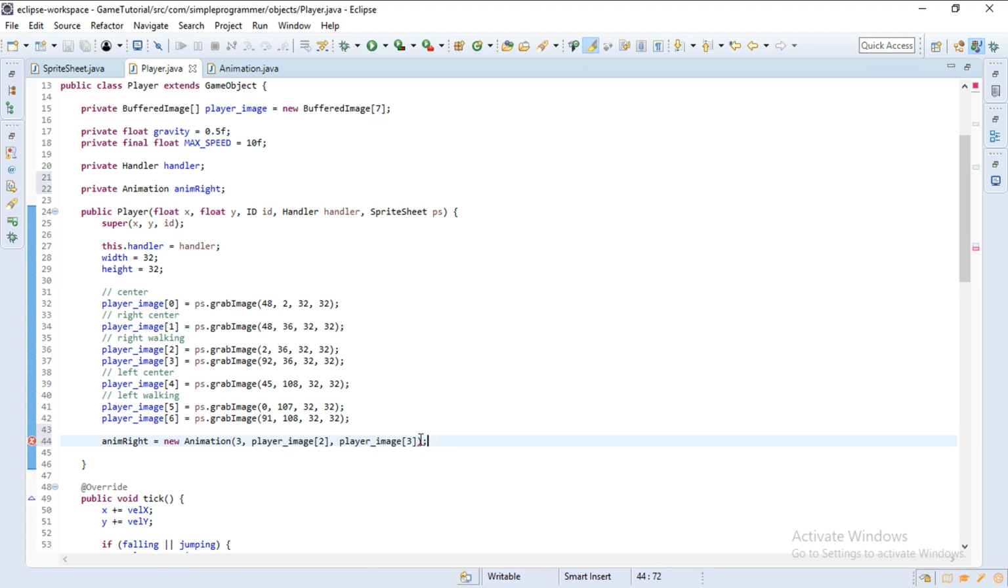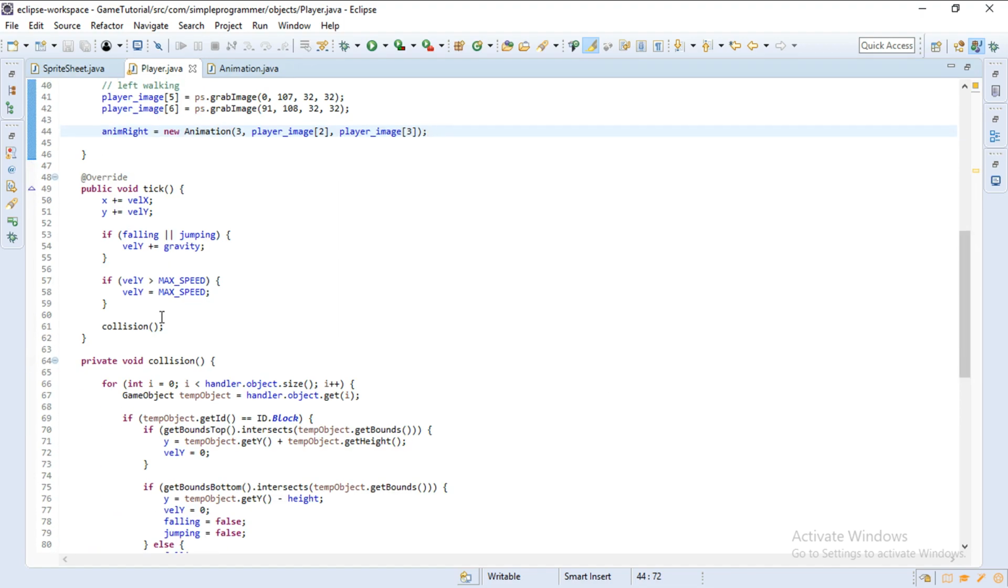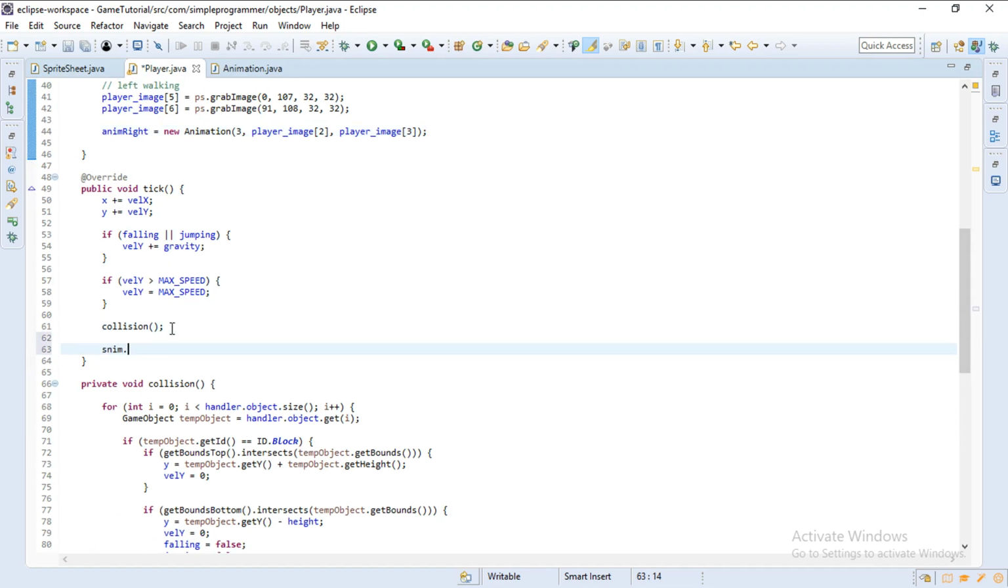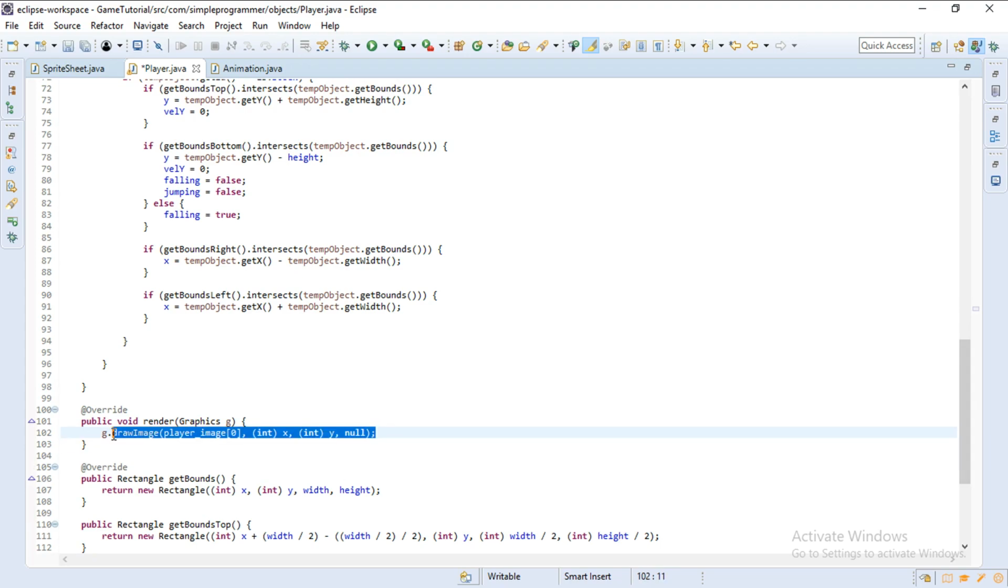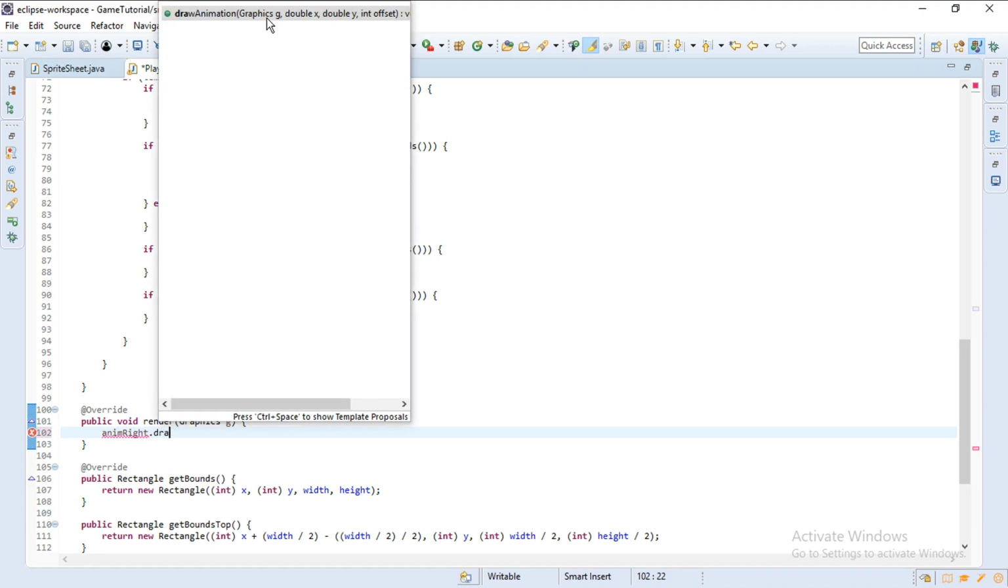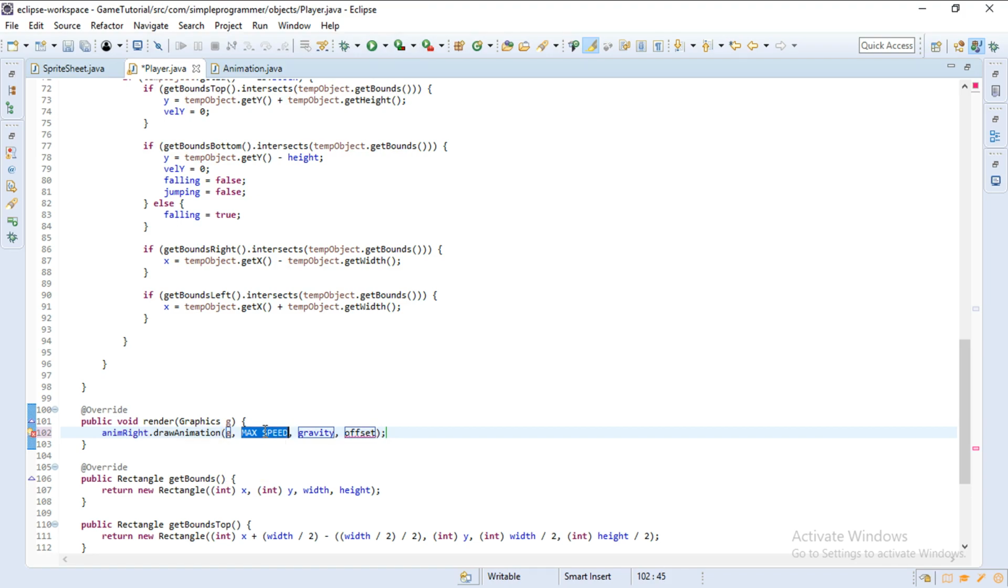Now that's our animation for right, but we also have to do one other thing. In our tick method, we're gonna want to do anim.run. Oops, sorry, anim right.run animation. And now down here, I'm just going to do this as a test. So we're gonna do anim.draw. I keep forgetting it's anim right. Animation right.draw animation RG,